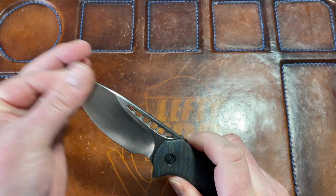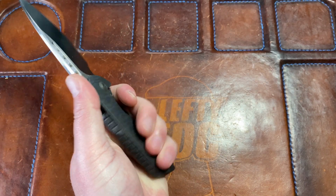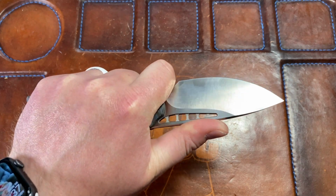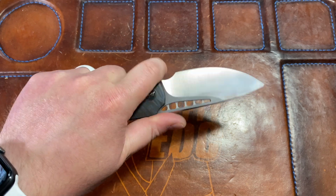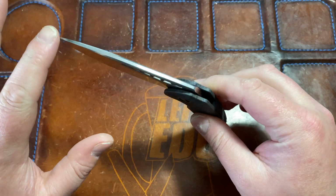So yeah, I like the size. I mean, it fits my hand perfectly, right? And then you have a choil to choke up. Really, really good ergos on this knife. Very simple. Ferrum Forge is one of those companies/designers that nails ergonomics very much in the sense of